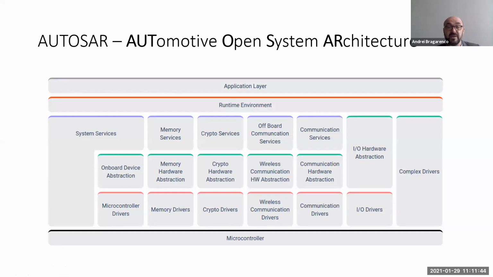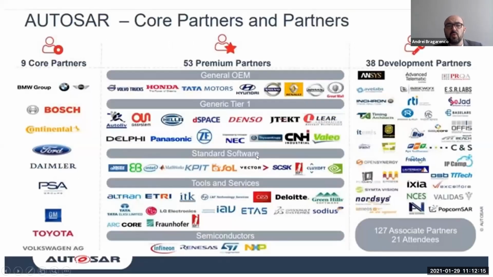AUTOSAR, the automotive open system architecture, provides stacks for the system, for the memory, for the crypto, for wireless communication, for communication abstraction. It's not just a complex driver, but it provides some components under a runtime environment. And the application will just say open the door, close the door, get the temperature, and so on. And why use such experience? Because a lot of people worked on it and decided this architectural approach is good, and we see how big